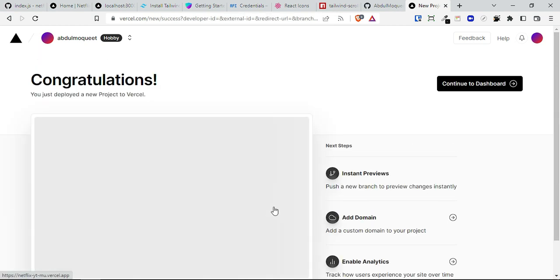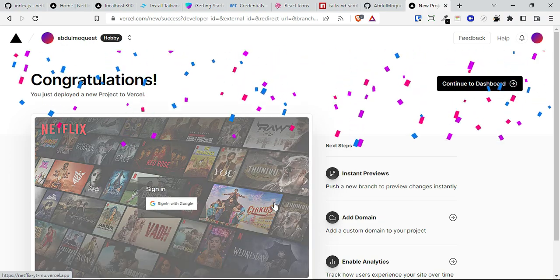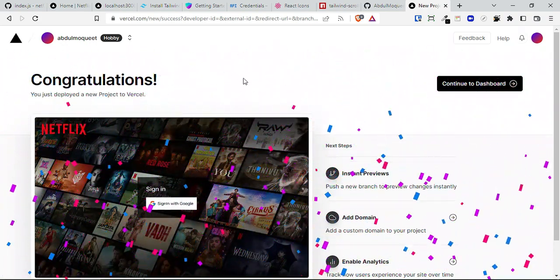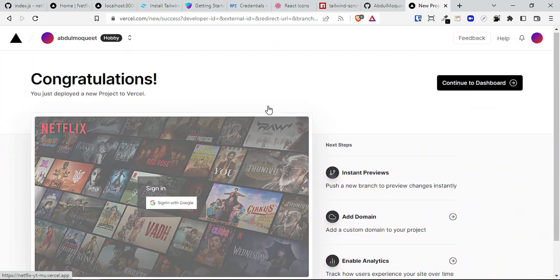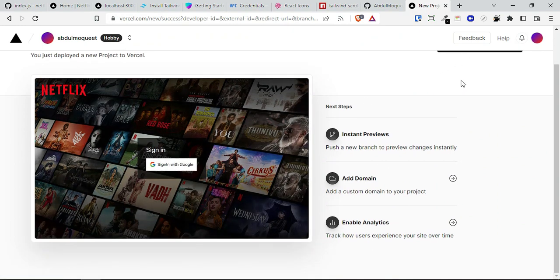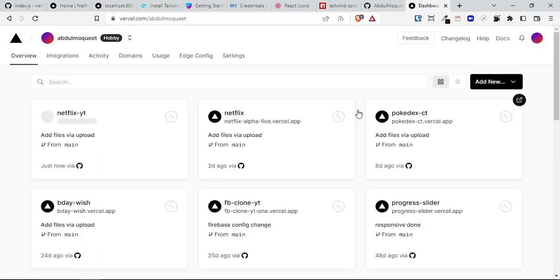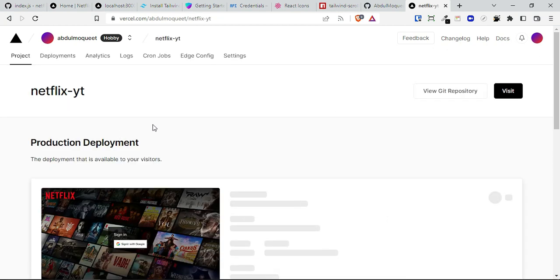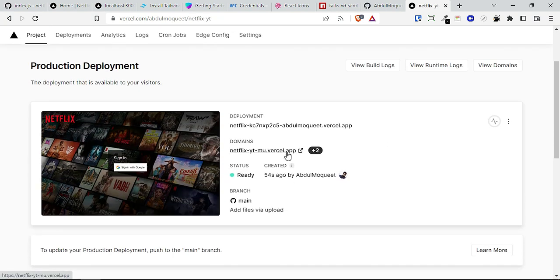So it's checking now, the domain is assigned, and as we can see we have this beautiful website, guys. Now let's go to the continue tab, and we have to do many things, like we will just visit this URL,